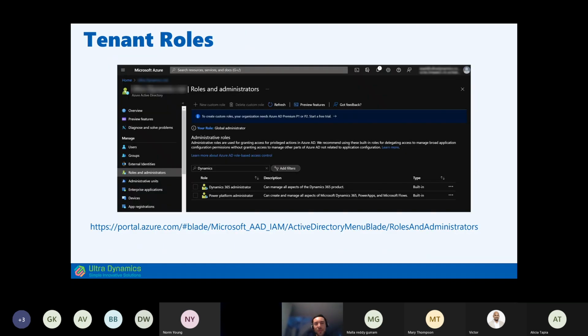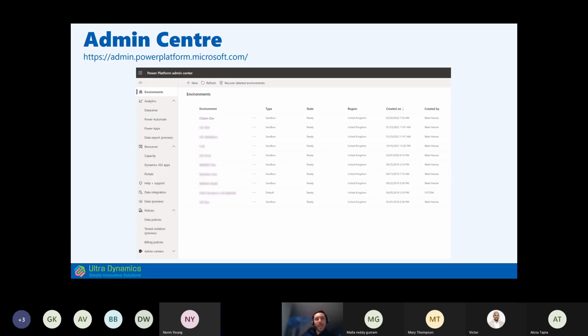Okay, so the 2 roles that we've spoken about can be configured in Azure Active Directory. So if you go into Azure Active Directory and you click on roles and administrators and you search for Dynamics, you can see the Dynamics 365 administrator and the Power Platform administrator. So in case you don't have these permissions and you want something done using these permissions, you can go into the Azure portal and click on one of these roles and see who's a member of these groups, and then you can reach out to them to discuss your requirement in terms of making some of the tenant changes in case you don't have access to it. Okay, so moving on,